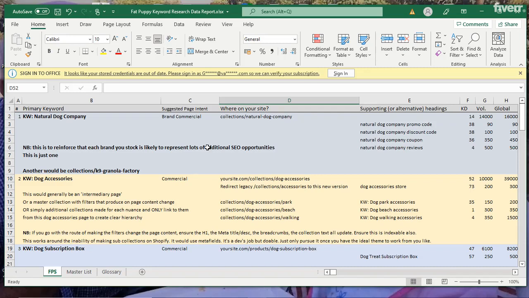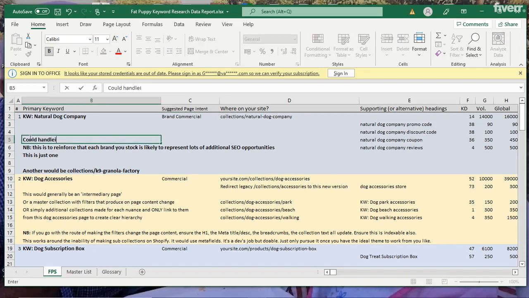So this here, okay, so what I noticed is one of the brands you stock is Natural Dog Company. Okay, so here it's the primary keyword, suggested page intent, brand, commercial, so it should be a collection called Natural Dog Company. You could have the vendor label for every product that has Natural Dog Company as Natural Dog Company, and you could even set up your site such that you can link your vendor labels through to this main collection. We call this handleizing. Could handleize the vendor labels